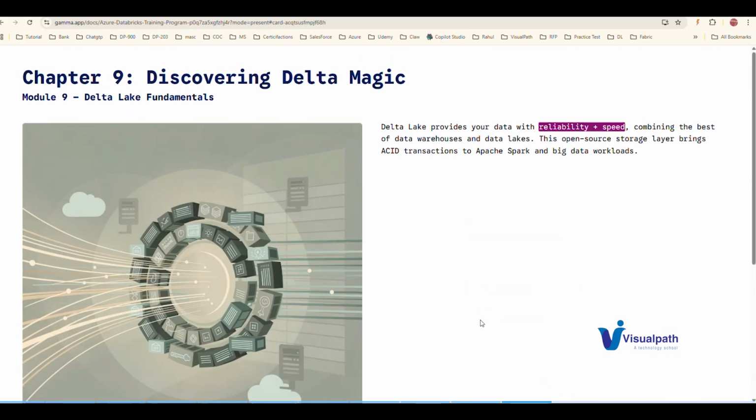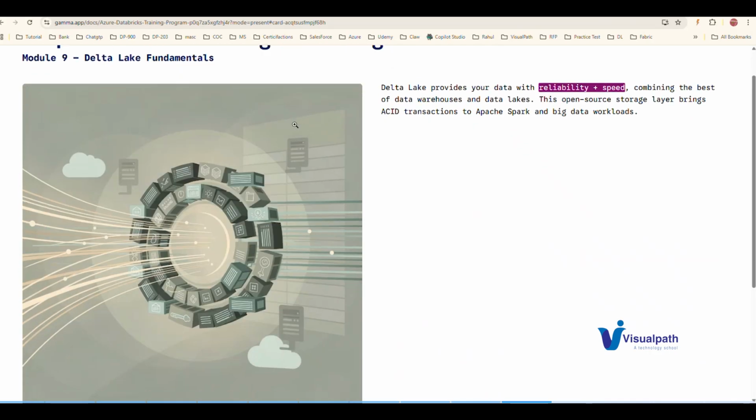The next thing we have to use is Delta Lake. This is one of the concepts available in Databricks. The main thing we have to understand is what Delta Lake is. It is an open source system that works with Apache Spark. What it does is provide ACID transactions.